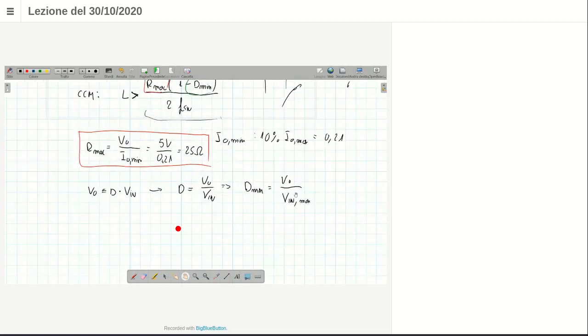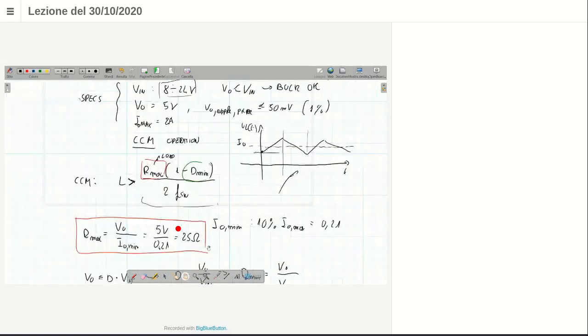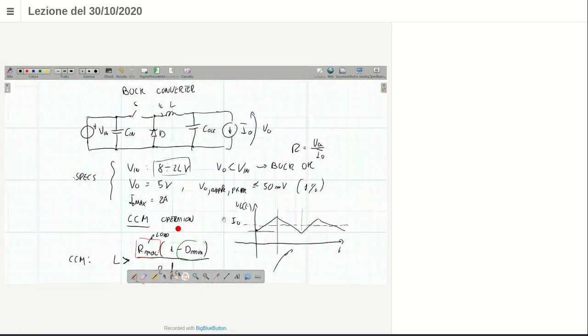Let me say that in this analysis, I have neglected the voltage drop across the switch and across the diode. Why have I neglected it? Because if I consider the voltage drop across the on switch and the on voltage of the diode, VD,